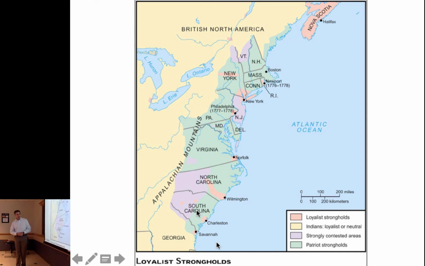And then, of course, the other thing that you find on here, there are some areas that were, they weren't necessarily apathetic, but they were sort of on the fence. They didn't know which way to align themselves. New Jersey, it was pinned in between New York and Philadelphia and loyalists, but New Jersey was very rural, and in most of the rural areas, you can see there was fairly strong support for the rebellion. And then there are Native Americans, and this map is quite idealized